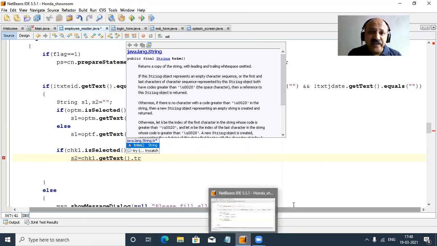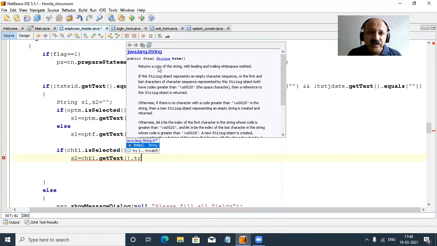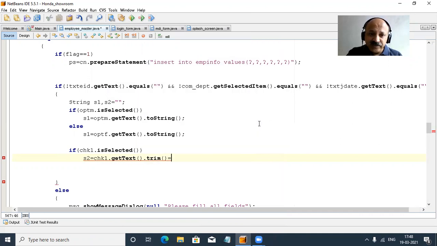Trim means trailing and leading spaces, you can look here: returns a copy of the string with leading and trailing white space omitted, meaning removed, so that is sometimes required. And we can separate, yes, with the comma operator, so only one field, and there are three options. So when we select in JTable, that time one field has three options, we can separate them using this delimiter, that is a comma. We can use the split function in string in our JTable selection time, and then we can apply the update and delete operation. So I hope you can understand.